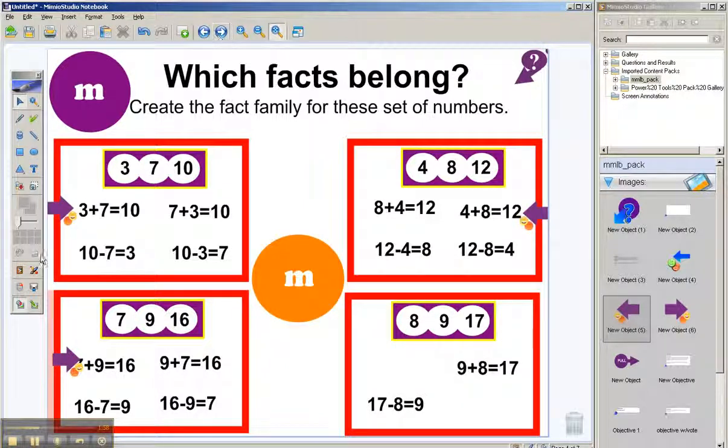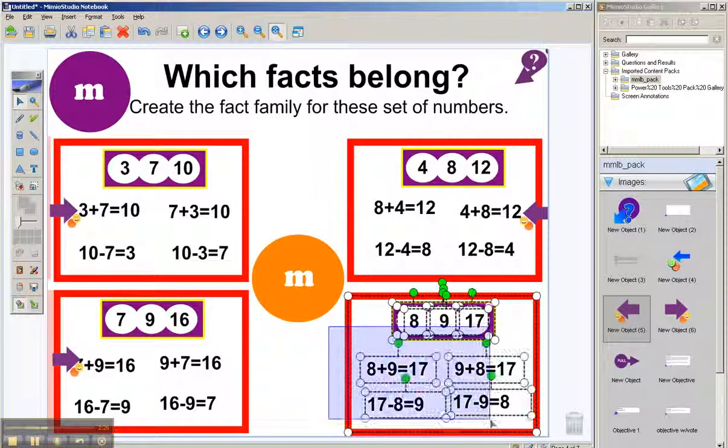Now we're going to learn how to create these hidden answer boxes. And you'll notice that there's number problems in all of the boxes on this page, and this is part of that setup. I'm going to pull out the last couple and place them. And then I'm going to make sure they're aligned the way I want them. And the first thing I'm going to do is take my cursor outside of my red box